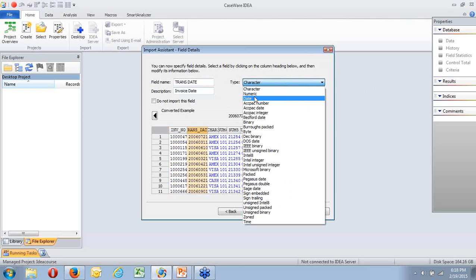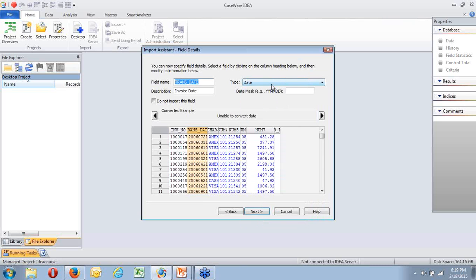If it's coming in from ACPAC accounting, ACPAC uses a character structure of its own. So there's an ACPAC number, an ACPAC date, an ACPAC integer. Could be a Benford date. Could be coming in from a Unisys machine in Burroughs packed format. Could be coming in from DEC using their formats. It could be coming in as an Intel integer from Pegasus. There's all kinds of different ways it could be coming in. In this case, we know that it's coming in as a date, a straightforward ASCII date.